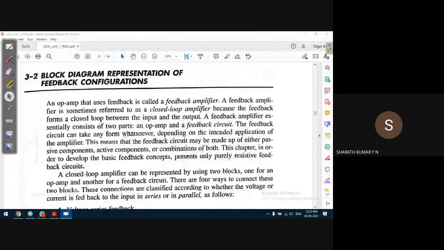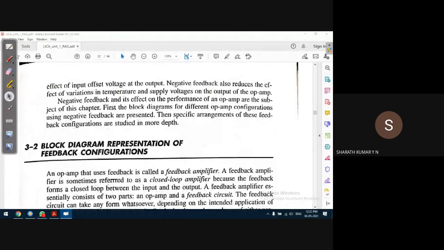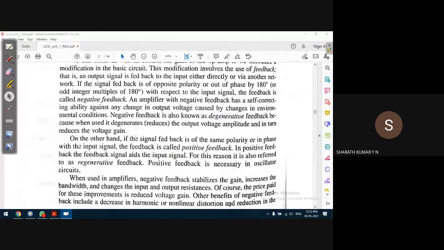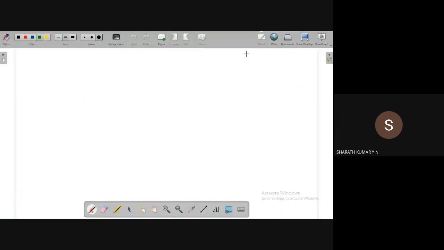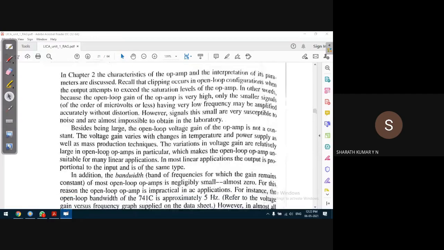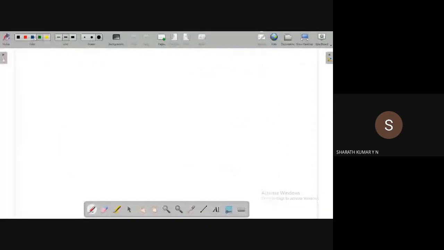So now the question here is: why is feedback required? It is explained in detail in the document, but I'll brief it like this. Go through the document, guys, I request you to read this. Briefly, I'll explain. This is the op-amp, with the plus non-inverting input, the inverting input, and the output. These are the inputs.